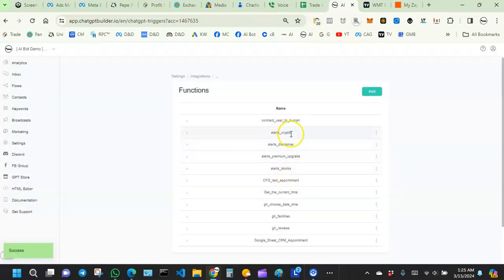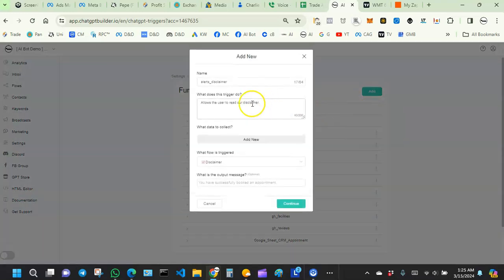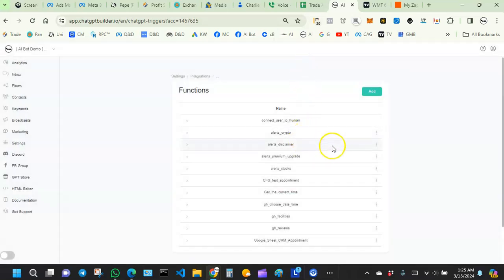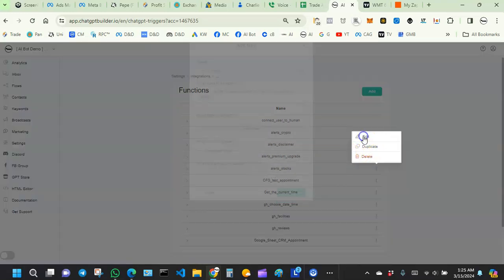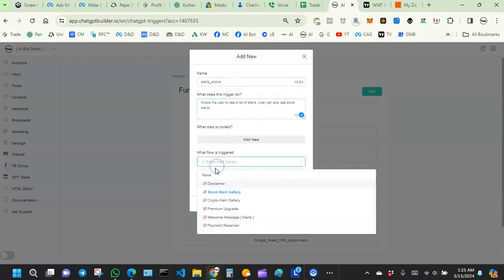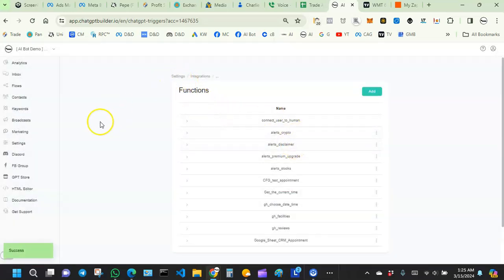Okay, hit continue. Okay, and then I have a function created for disclaimer. Okay, I chose the disclaimer flow. I have one I created for premium upgrade, and then I have one I created for stocks. Okay, so this one allows the user to see stock alerts. All right, I've selected the stock flow. Very easy to create functions. All right, and then we're now going to look at the prompt that I created